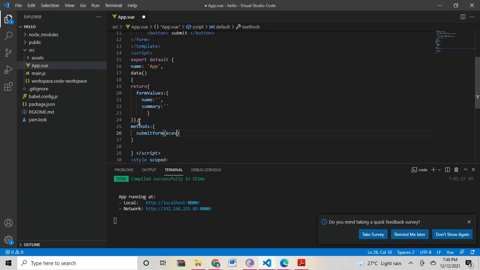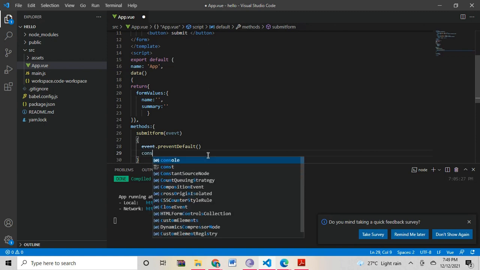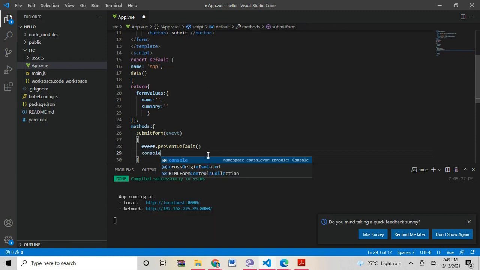Whatever the event, that is the event is submit. If you submit, then this method will be called, and it prevents some default action. So event dot preventDefault. Then whatever the values you are typing when you submit that form, you can view all the values in the console.